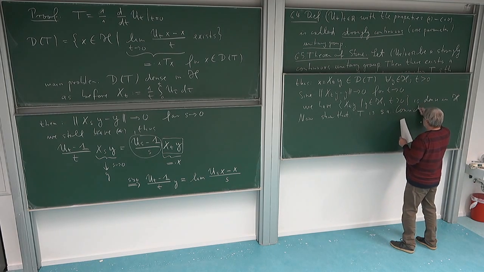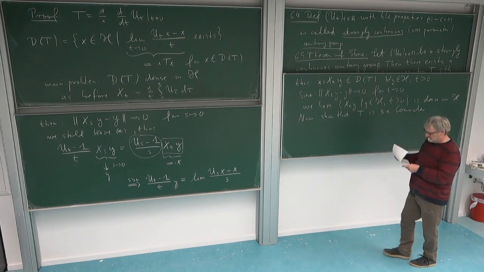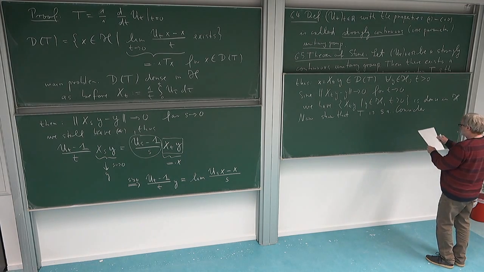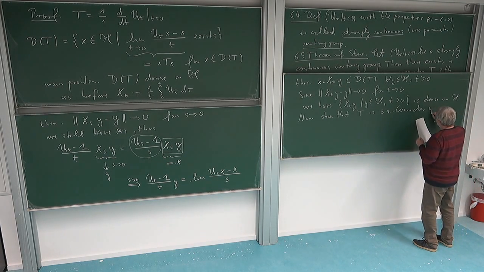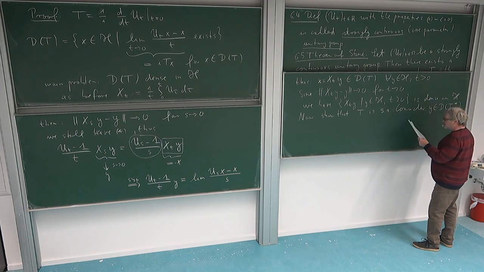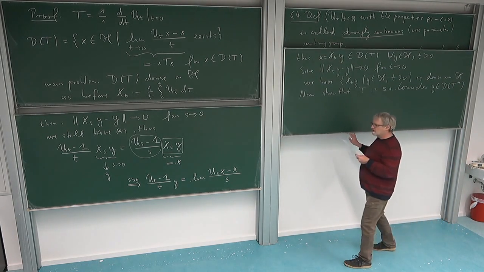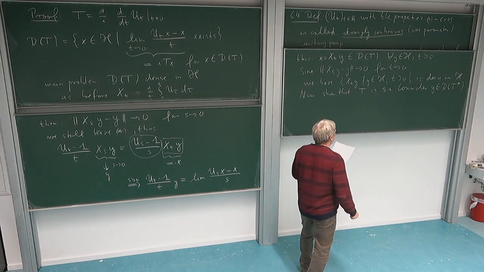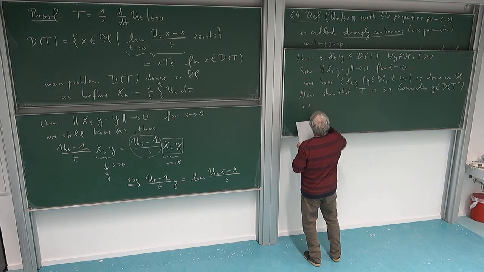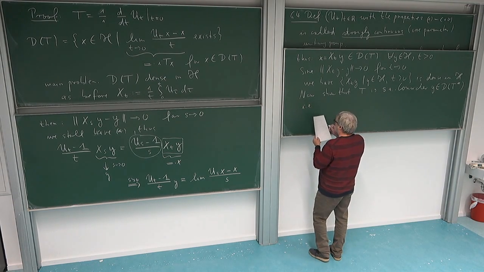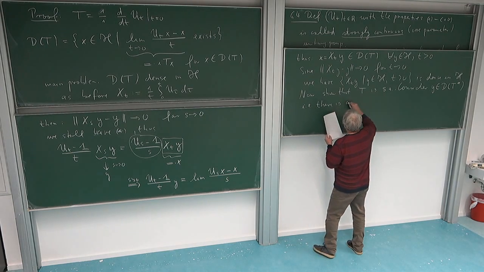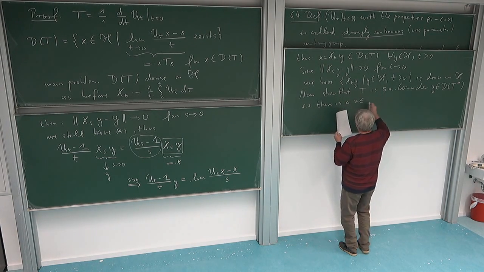So recall, how did we define in particular the domain of our T star? Let's say we consider an element in the domain of T star. What are the guys which are in the domain of T star? Those are the y's for which there exists a vector, so this means there is an element z in my Hilbert space